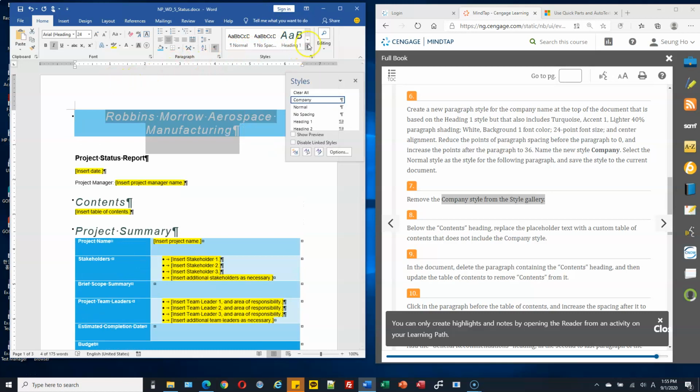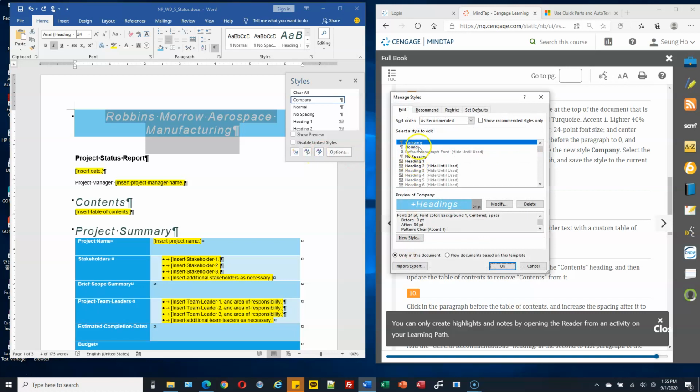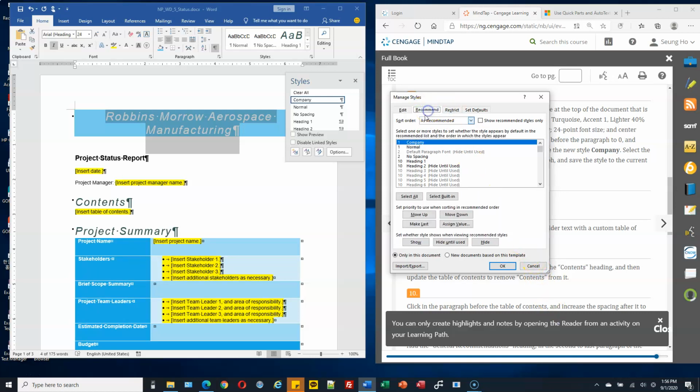Then how do we show it again? Well, you can click this style inspector. You can manage the styles. Click this manage styles button. Here's company, right? From this you can show this one. I think we can show this from here.